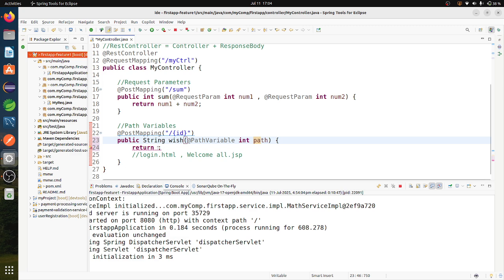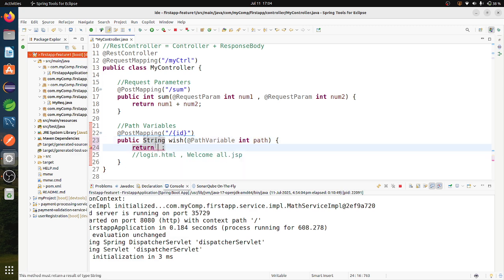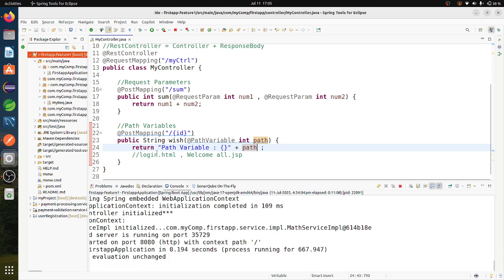Now I want to return that path. So whatever path I have passed, that will be written here.